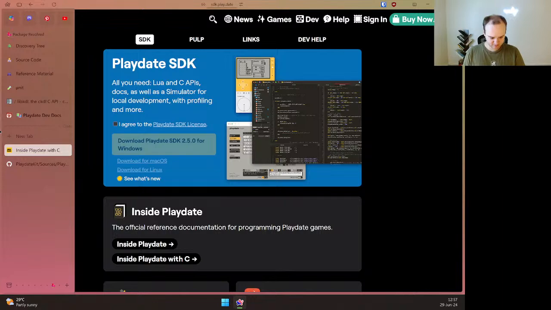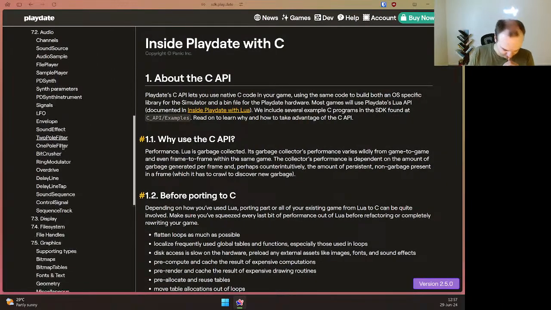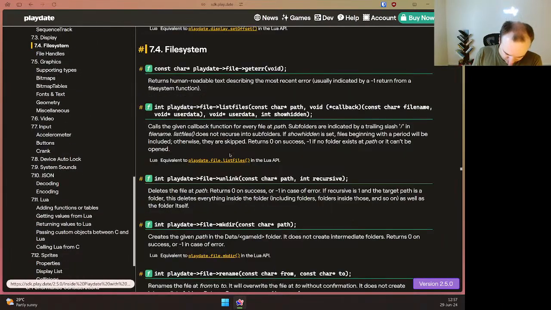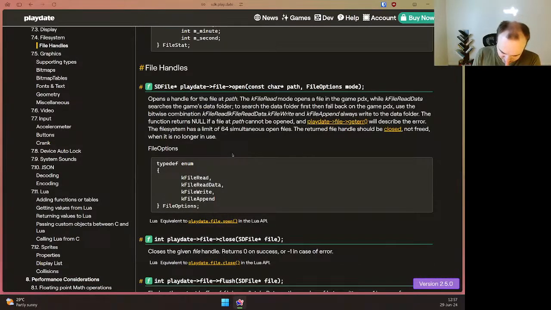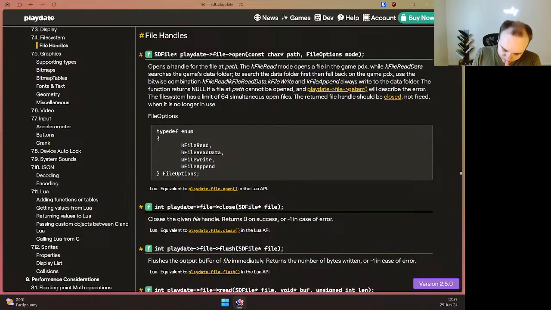Inside playdate with C, I think? Yeah. File options. Okay, that's all I need. K-file read data searches the game's data folder. Opens a file in the game PDX. Yeah, that's what we want. Okay. K-file read.